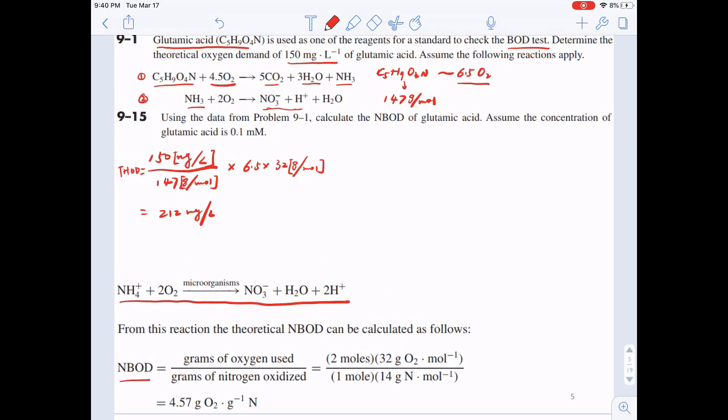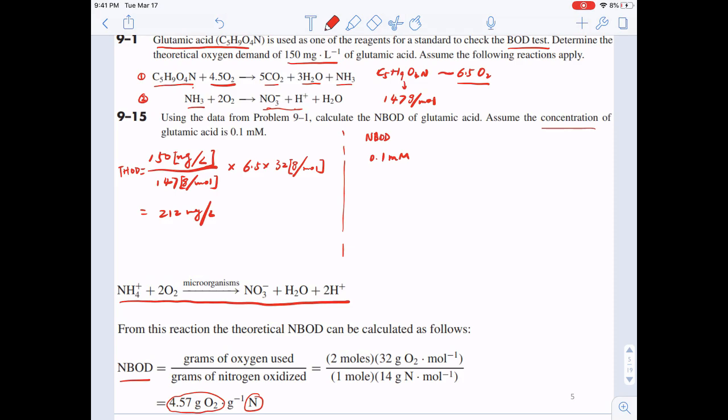Based on this relationship, we know that for each gram of nitrogen, the NBOD requires 4.57 grams of oxygen. So what this problem is really asking us to calculate the NBOD is to find out how many grams of nitrogen there are in this solution. It's assuming the concentration of the glutamic acid is 0.1 millimolar, right? If we know the molarity of the glutamic acid is 0.1, then the molarity of the nitrogen is also 0.1